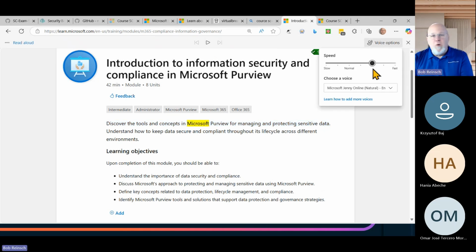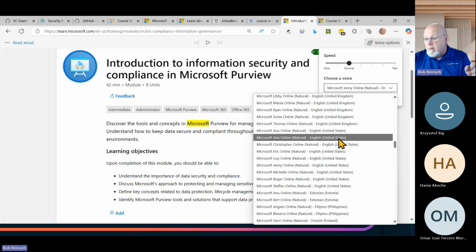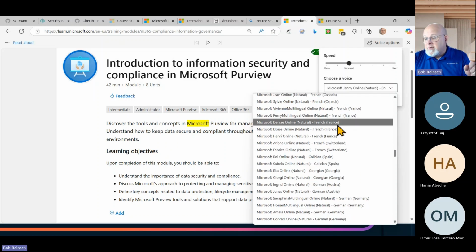Then over here, I was going pretty fast. That's the normal listening rate. If you are listening in English and English is a second or third language, you may want to slow it down a little bit. But also note here that you can change the voice and you can translate. So you've got different options, French,